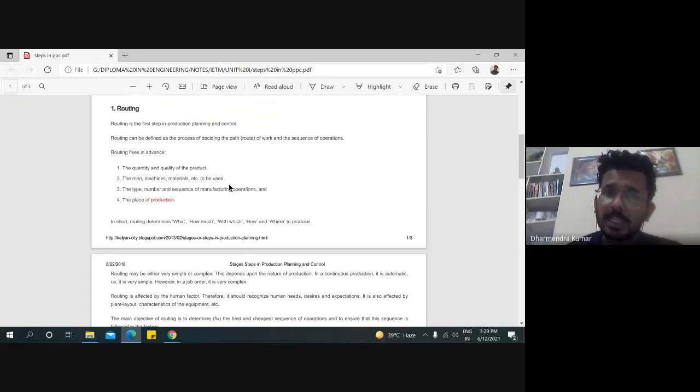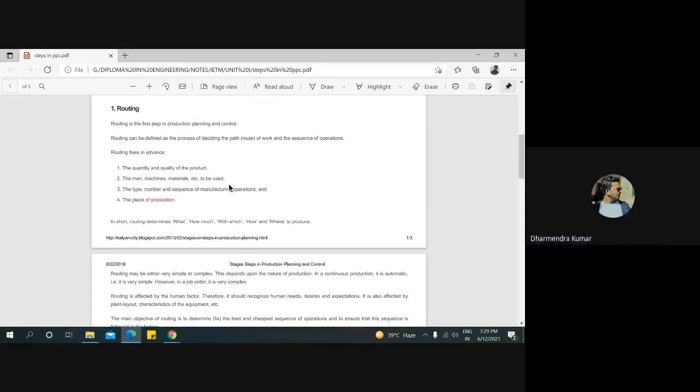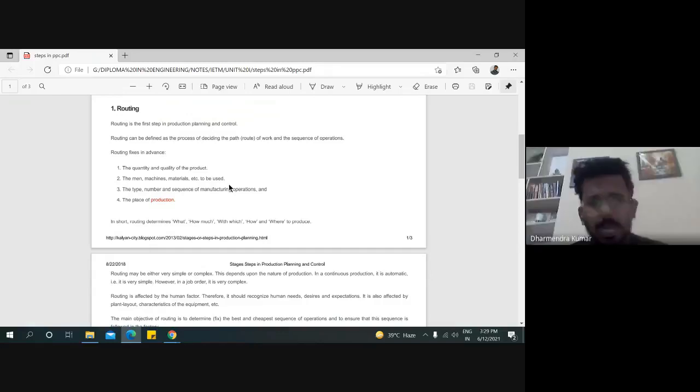It ensures the usage of the above three components. Man will either be skilled or non-skilled. Machines will be automated or manual. And material here refers only to the quantity and quality of that material.